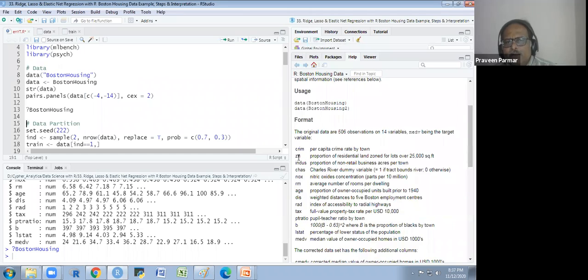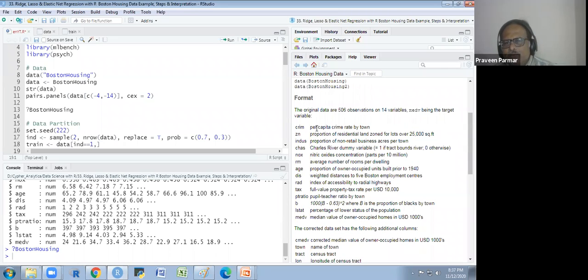You see the crime, per capita crime rate by town, and proportion of residential land zoned for lots over 25,000 square feet, and so many things are given.